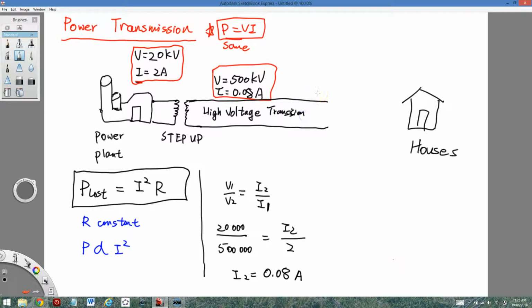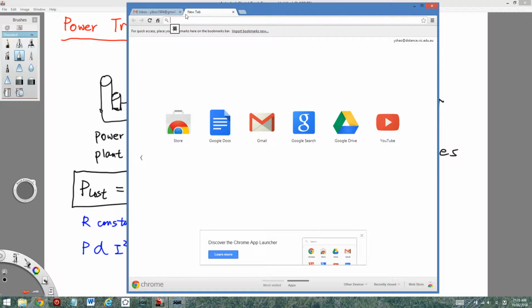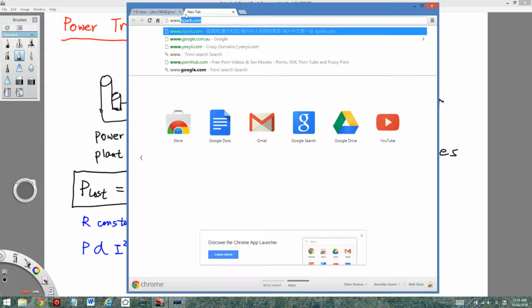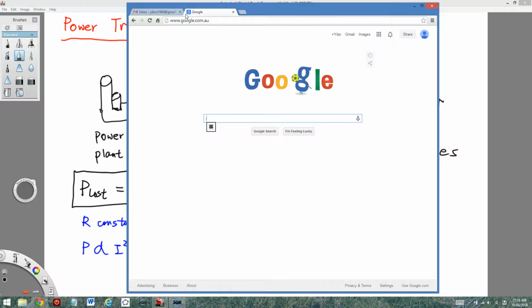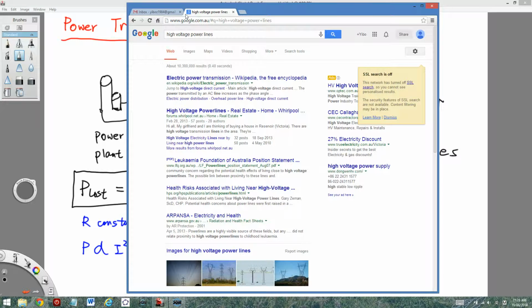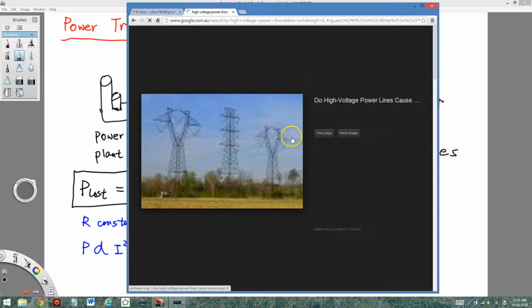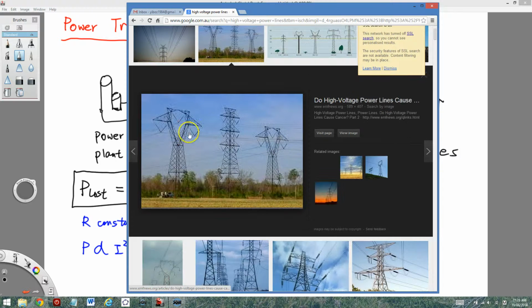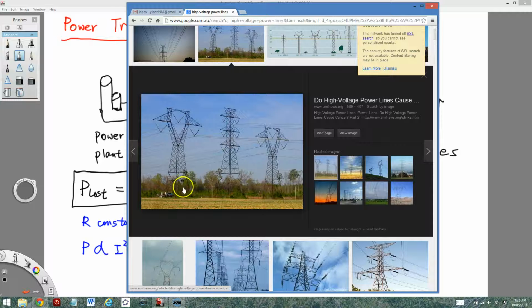So I show you a picture. You see it all around. So if you go to Google, power lines, okay, yeah, those ones. You see those great big towers with high voltage power lines. Normally there won't be houses under it because the voltage is really high on the top, but